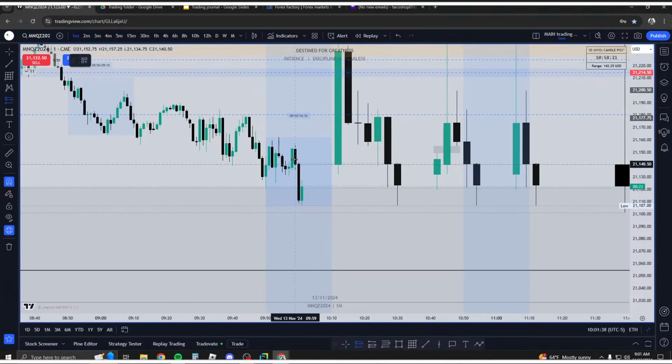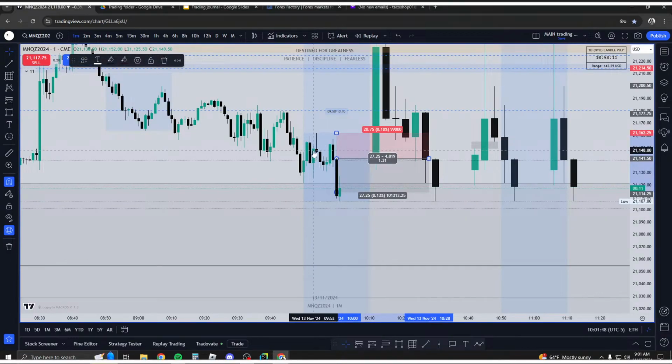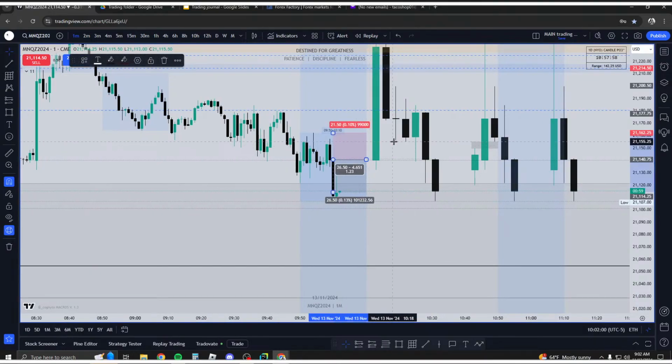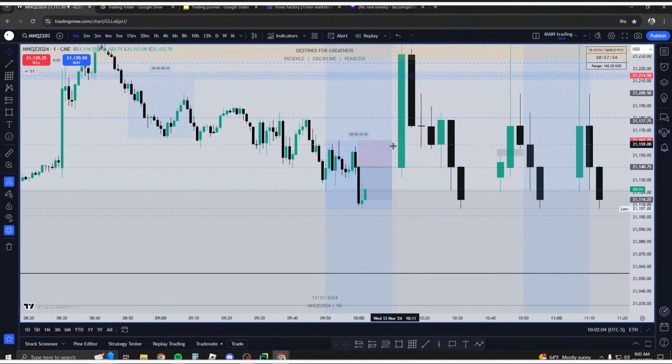Let's say I entered at 10. Where am I placing my stop loss? Here? Is it a reasonable place to have my stop loss? Not really. Ideally, I would want to have entered off of a fair value gap, but I can't just enter straight at 10. There's no PD array. Is it time that we're entering off of right at 10? If we're gonna do that, then yeah, it just doesn't make any sense for me to be taking that model.